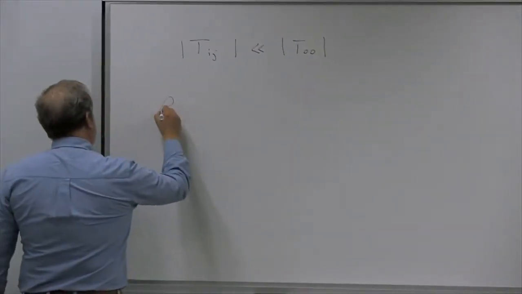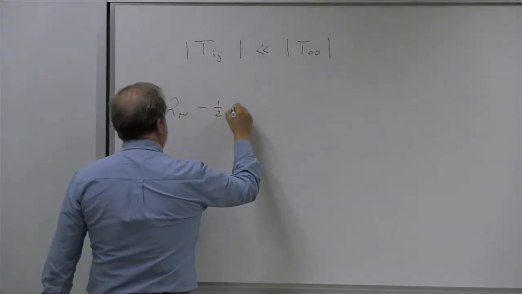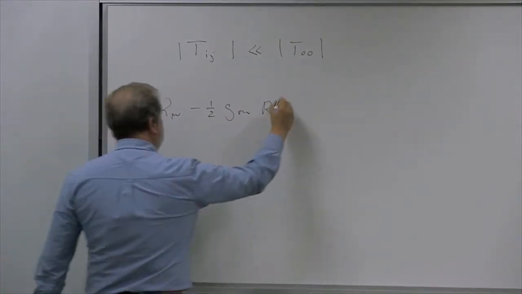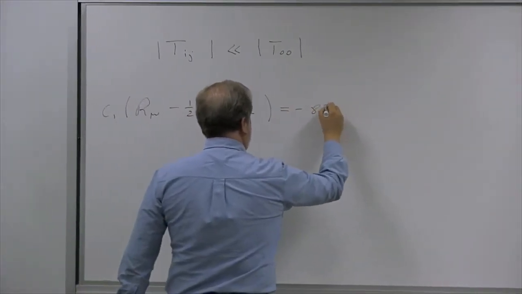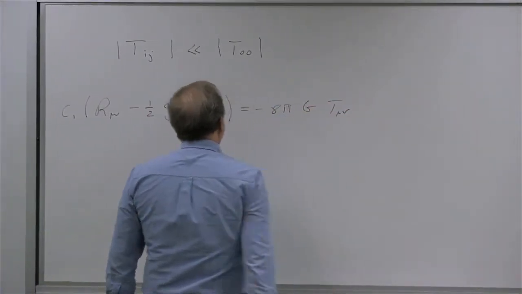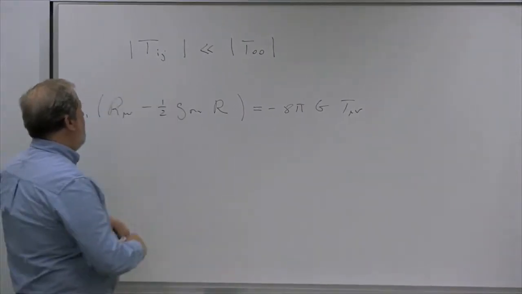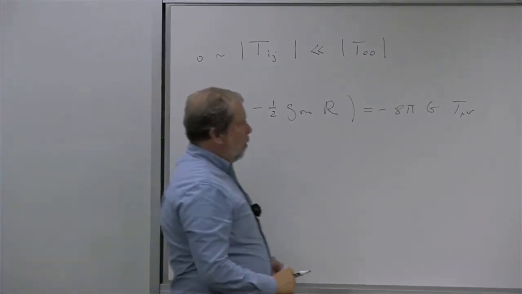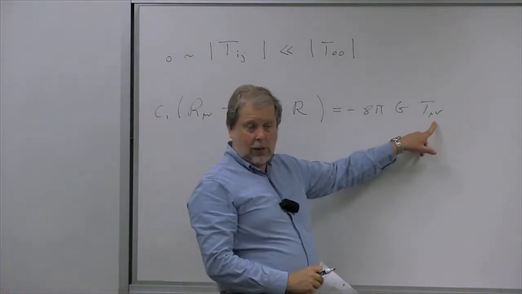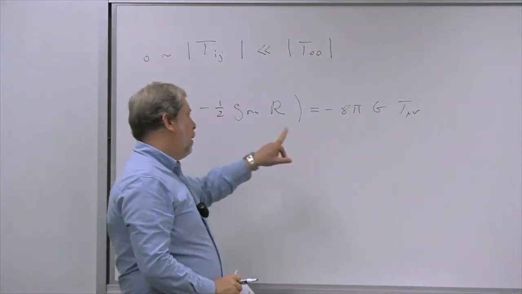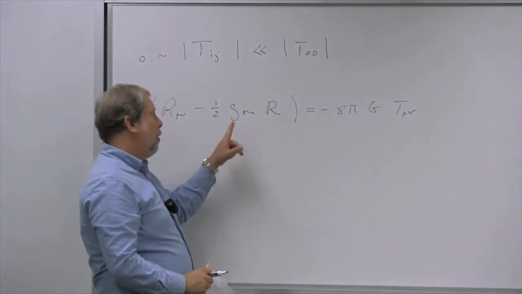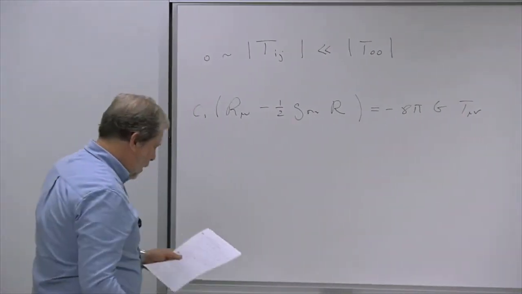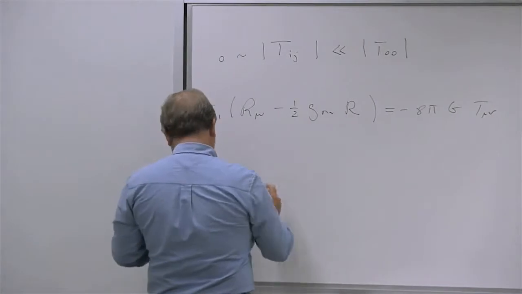So the field equations are R mu nu minus 1/2 g mu nu times R, multiplied by this C1, and this is going to be minus 8 pi G times T mu nu, right? So if these components here are very small, then what you have on the right-hand side is essentially just a T naught naught. And for the naught naught components, what you're going to have on this side is the R naught naught and the G naught naught, right? So that in turn implies that,